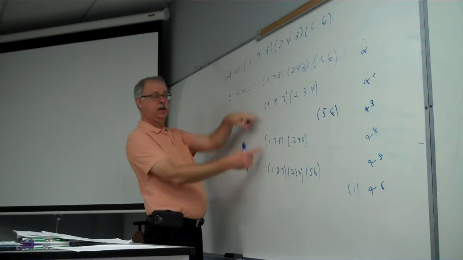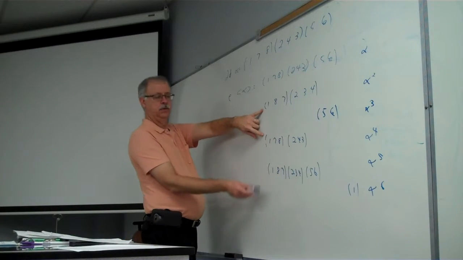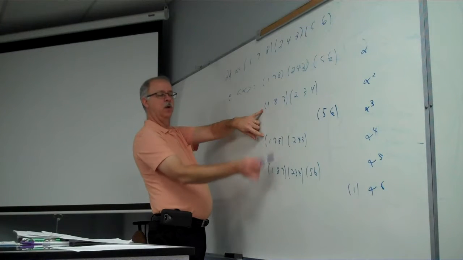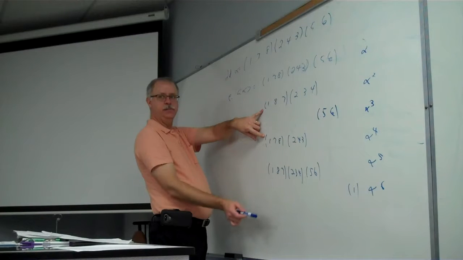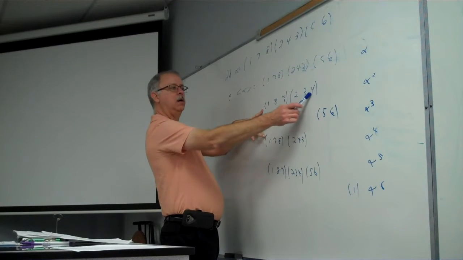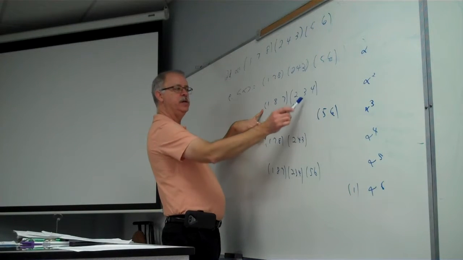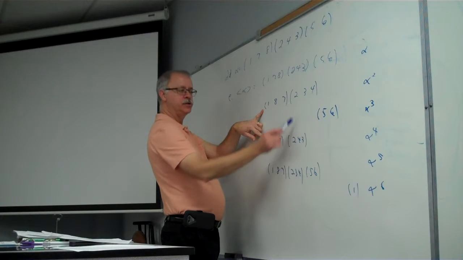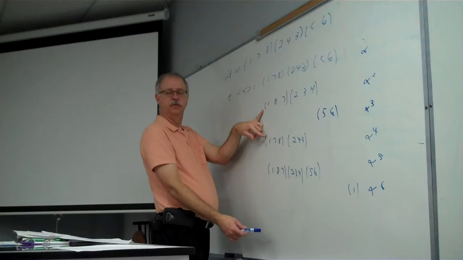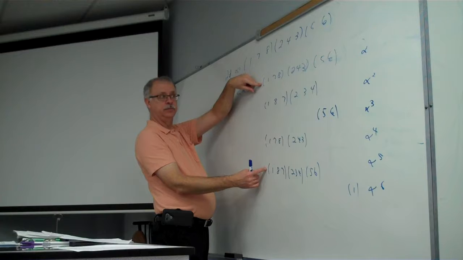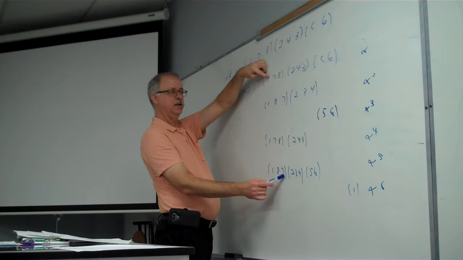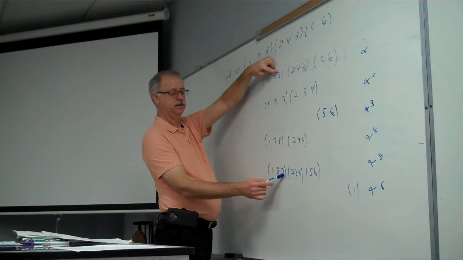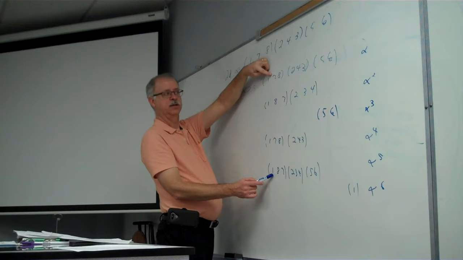But if you really wanted to check, you could do this as well. 1 to 7, back to 1, 7 to 8, back to 7, 8 to 1, back to 8, 2 to 4, back to 2, 4 to 3, back to 4, 3 to 2, back to 3. Gives us the identity, or even these two. 1 goes to 8, back to 1, 8 goes to 7, back to 8, 7 goes to 1, back to 7, and